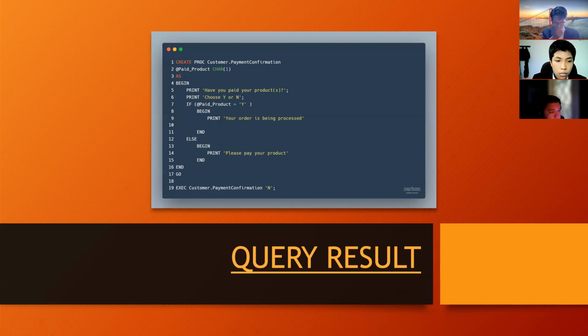And else, if the user chooses no, it will print please pay your product. And then the SMS will execute the customer payment confirmation.